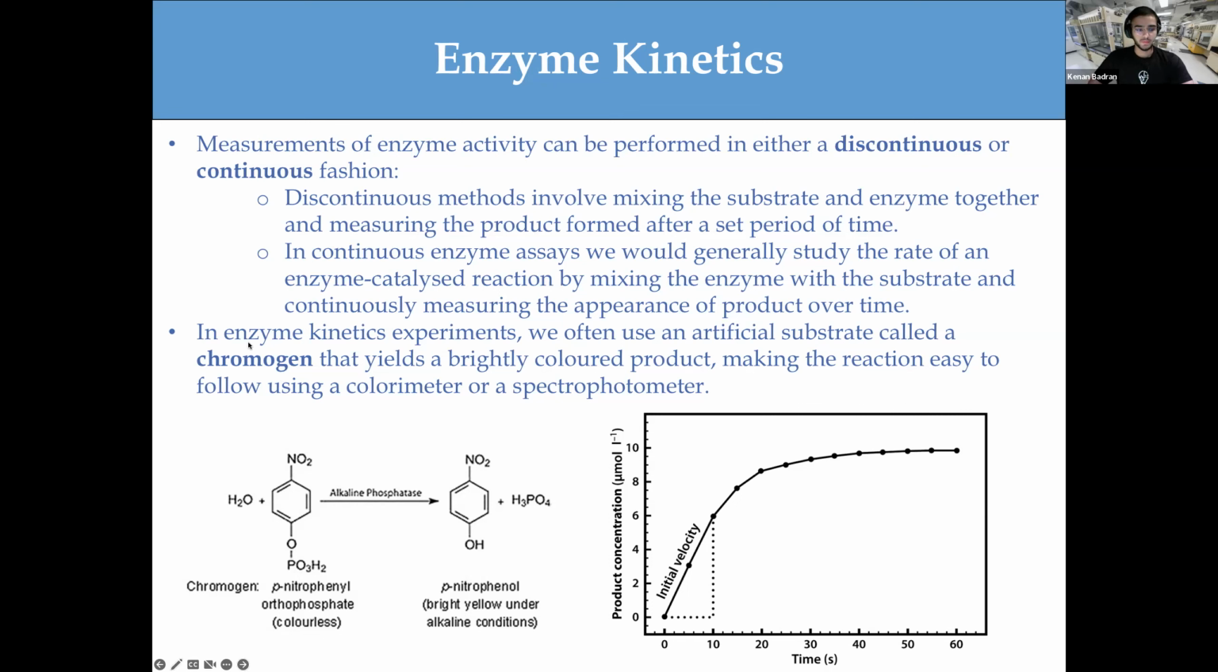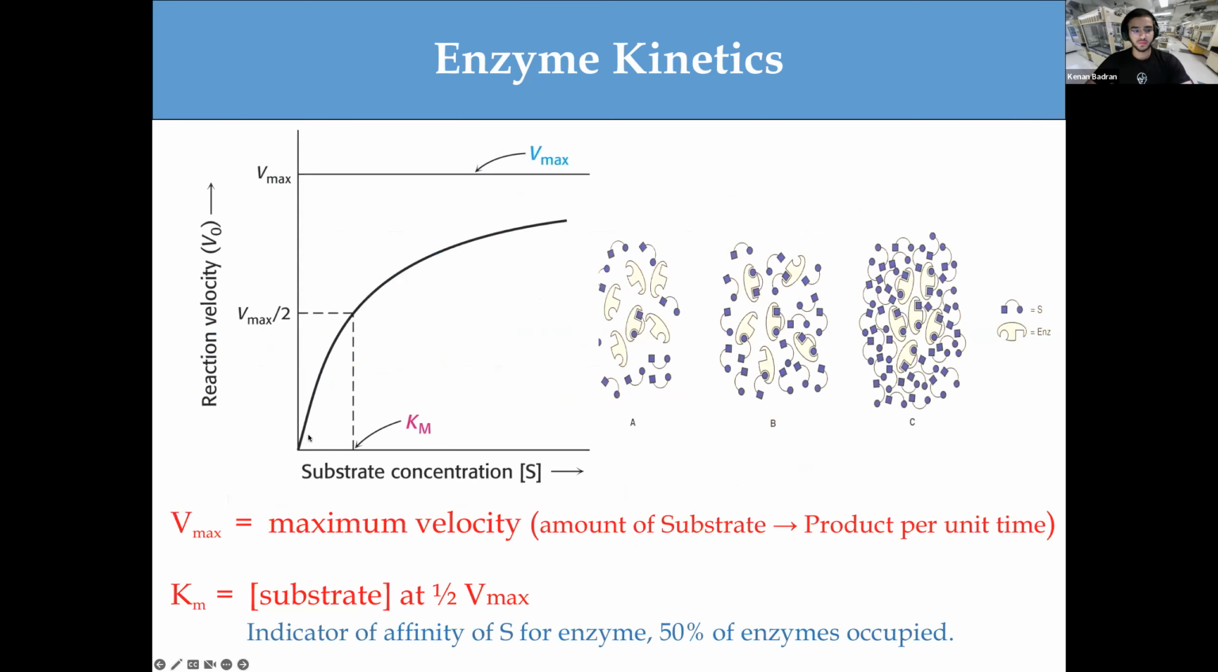Okay. Now, in enzyme kinetics, of course, we use a system called chromogen. That is a brightly colored product. Chromogen, from the term of color, basically just produces a color once it reaches the end of the reaction, to signify that we are done. So now, next, if you see this graph, as you can see, it's curved. How do you get this? From continuous